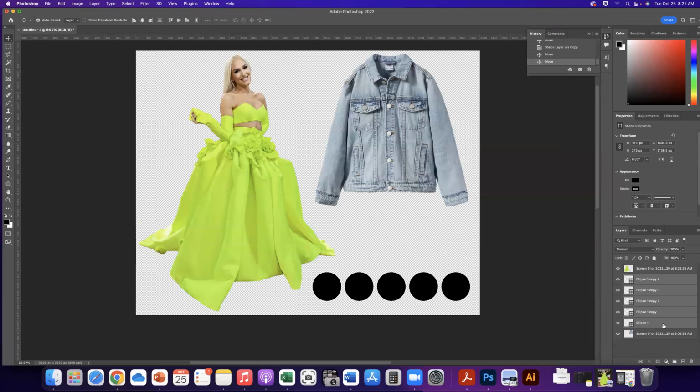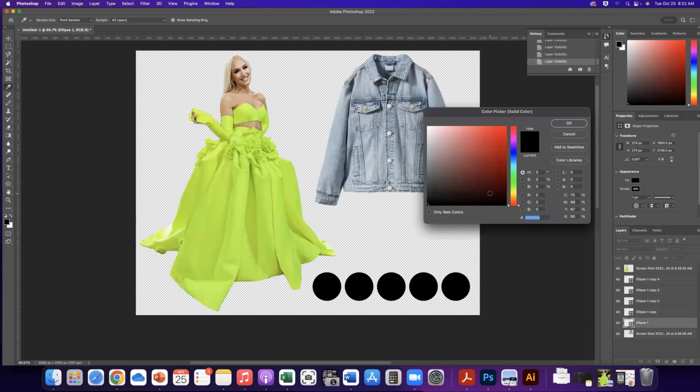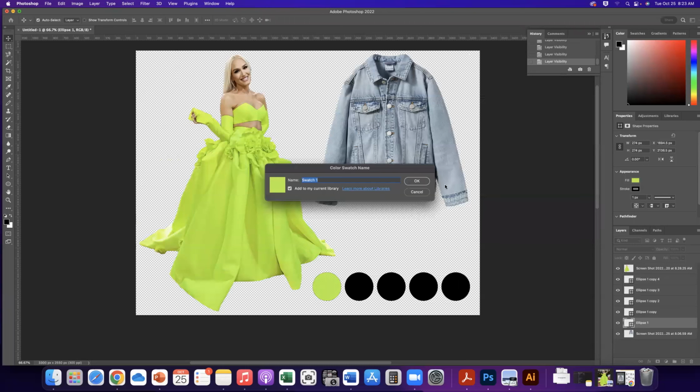So if I click on my foreground color, let's make sure I'm on the right ellipse. If I click on the eye, it'll show me what will disappear that is on that layer. So I want to start here, and you can either click on the foreground color or on the actual shape layer. I can double click here and the color picker will pop up. And what I'm going to do is just eyedrop from my picture, and then I can go in and find the Pantone code. So this will show me the color here, and this is what the current color is until I okay the change. If I go to add to swatches,